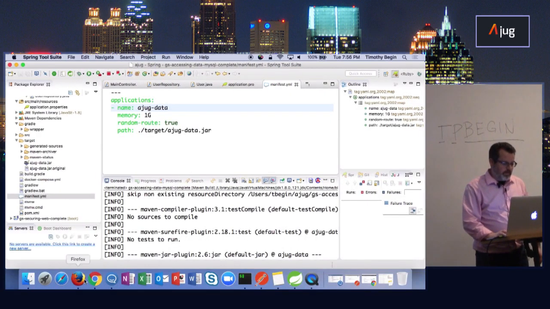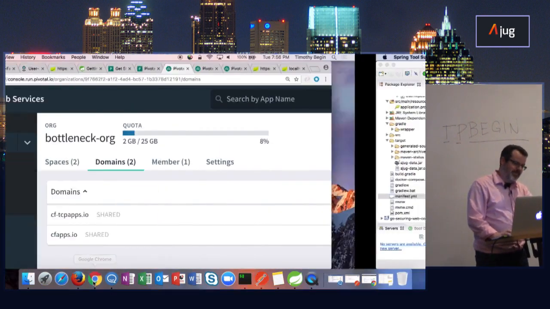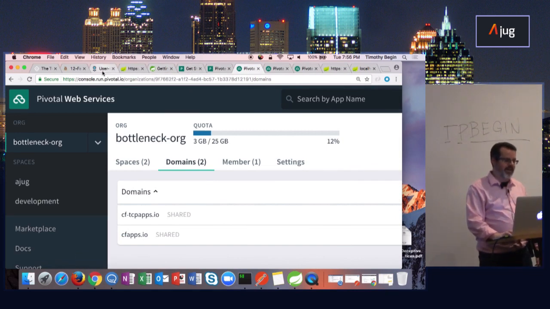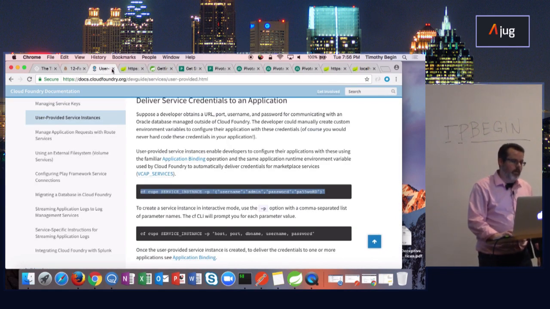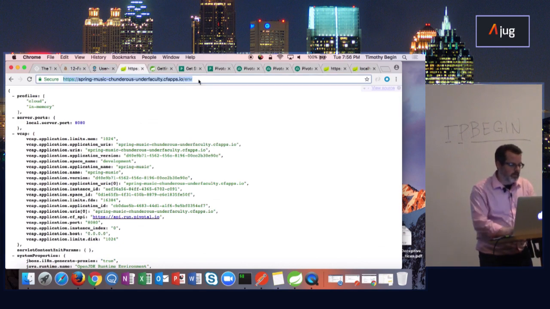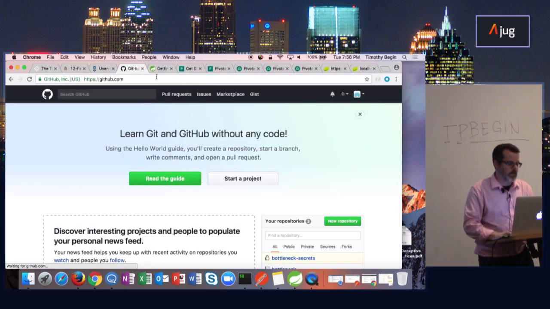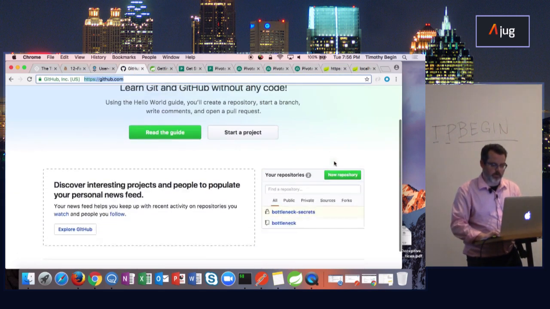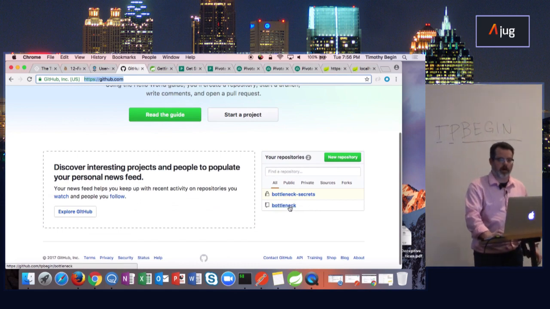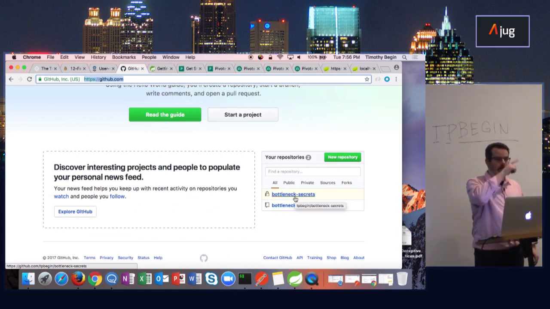So, let me go back. Let me go to GitHub, because now everybody's like, okay, now I want to hear about the YAML file. What I did is I had this all set up, and then they had to set my laptop up for video, and then we kept going back and forth, so I have all kinds of crazy windows here. Okay. You'll see here where I have two repositories. I have bottleneck and I have bottleneck secrets. Is there anybody out there that's gone to my GitHub repo? You can't see bottleneck secrets, can you?